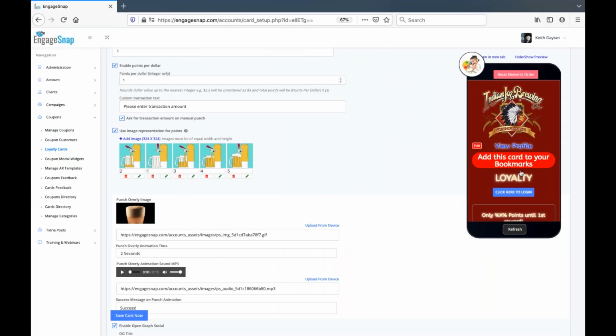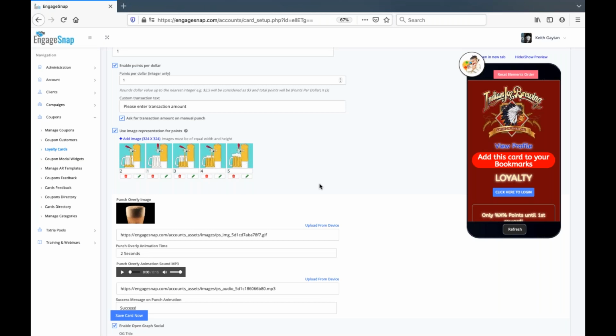So here is my loyalty card. These, by the way, I know I shared this with a few of you, are my little point icons. This is for obviously Indian Joe. They have an empty glass stein for point 1. Point 2, it's a quarter full. Point 3, it's half. Point 4, it's 3/4. Point 5, it has a nice head on top of it and it is frothing and ready to be redeemed